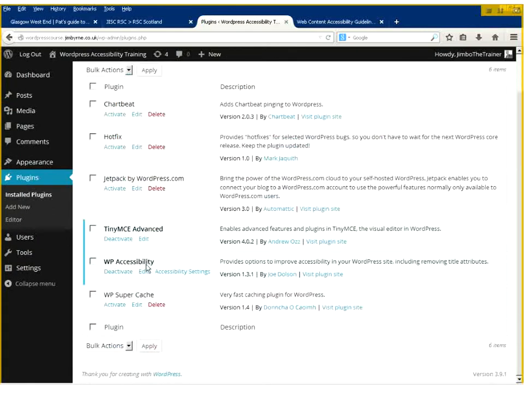This WP Accessibility by this guy, Joe Dawson, who, strangely enough, I've known for a very long time, because way back in 2003, I set up an organisation called the Guild of Accessible Web Designers, which was a worldwide organisation, had about 450 people in it. And I remember Joe was one of the first members. No longer exists, actually, the Guild of Accessible Web Designers. So Joe's been around for a long time. He's a smart guy, and he's developed this WP Accessibility plugin.